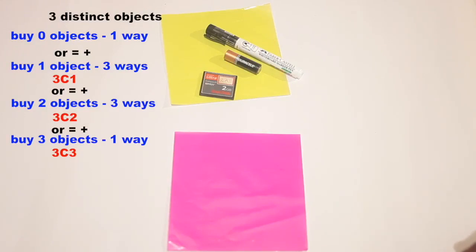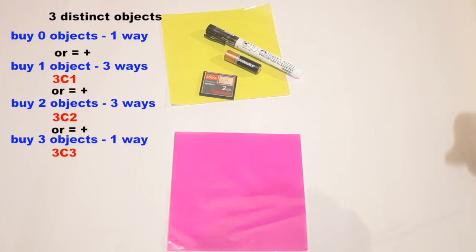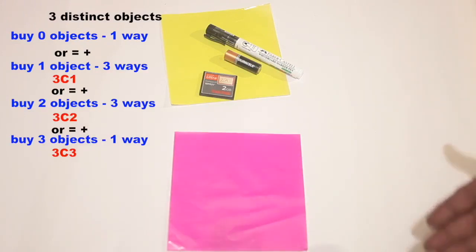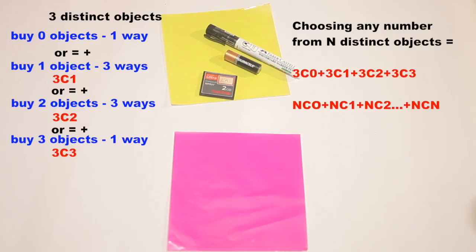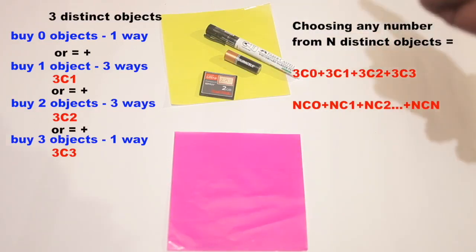Or even just think logically, you got one way of not choosing anything, one way of choosing all three things, three ways of choosing one thing, etc. You can add, even there you are adding only. So the same logic I am applying there, right? So that is one way of thinking, right? That I am taking 0 objects, then 1 object, then 2 objects, then 3 objects, and what is the selection formula for each situation, then just adding them up and I get my answer.